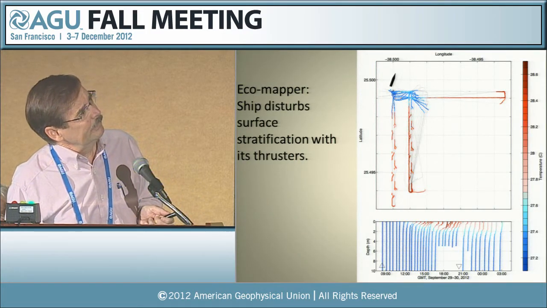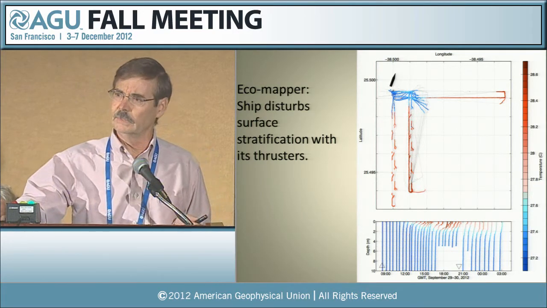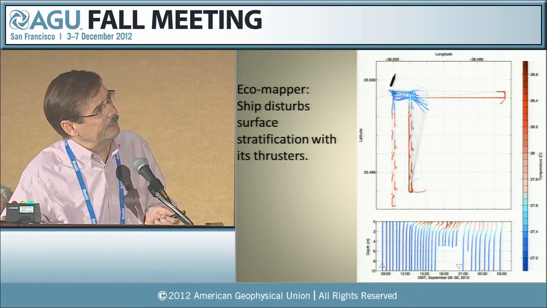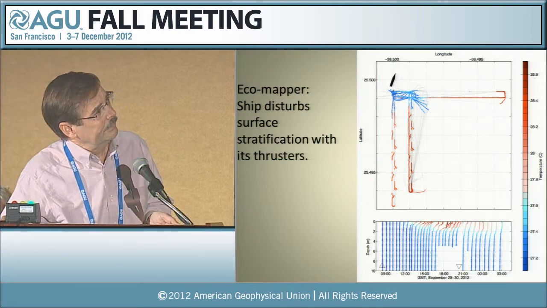The data from the EcoMapper was interesting. That's the propeller-driven profiler that Dave Frattantoni was operating. We were maintaining station with dynamic positioning. Here's the ship right here. And Dave ran it out about a kilometer or so from the ship, and he was sampling one of these diurnal warm layers one afternoon,